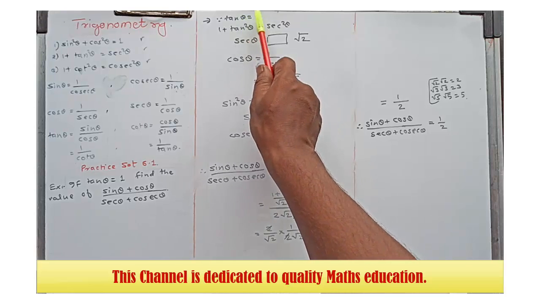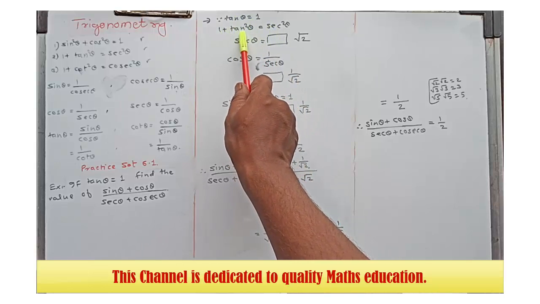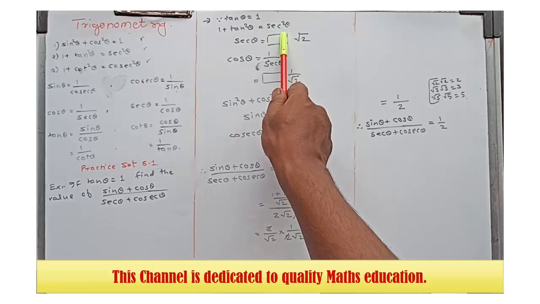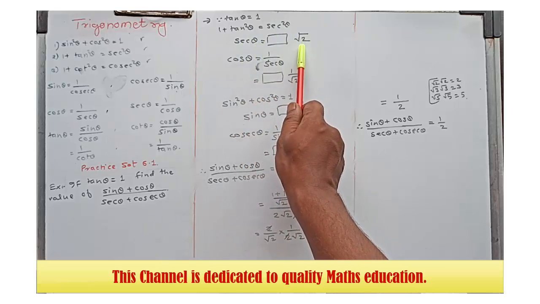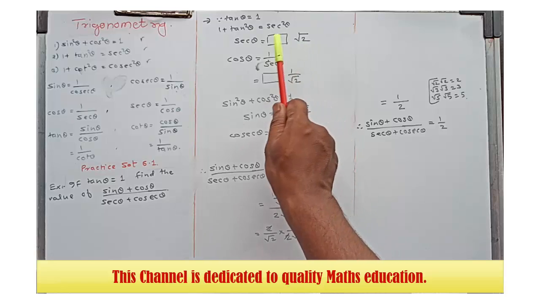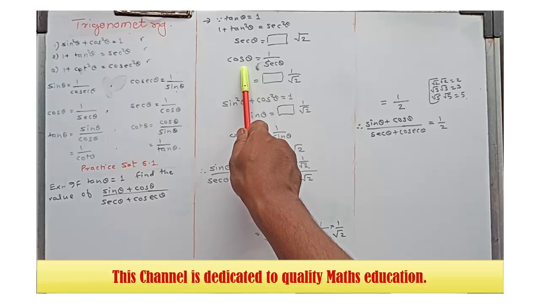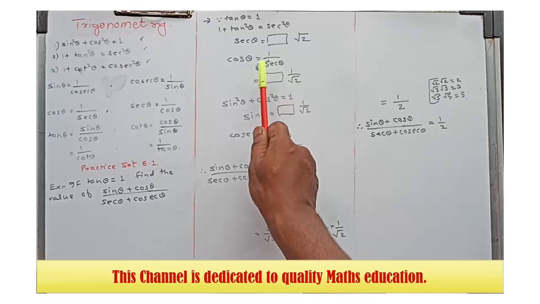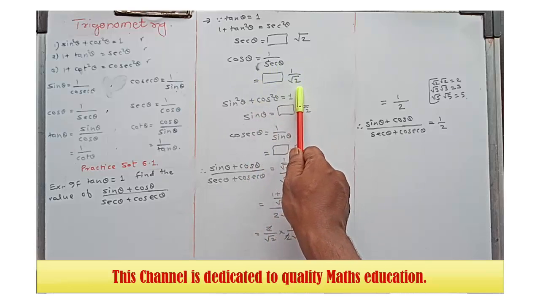Now here tan theta is given, so from that tan theta first we find sec theta from the identity 1 plus tan square theta is equal to sec square theta, and you will get sec theta; that value you have to find, and that value should be root 2. After that from that sec theta you can find cos theta, as we found in the previous example. Cos theta is equal to 1 upon sec theta. By using that formula you have to find that value, and that value should be 1 upon root 2.